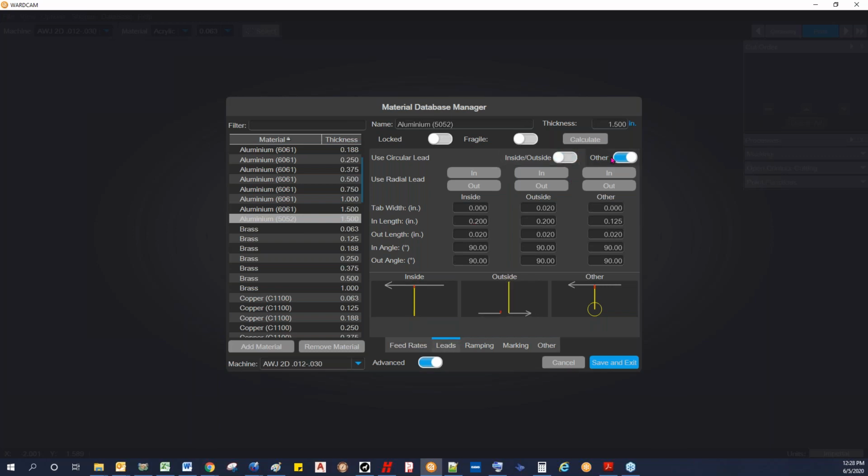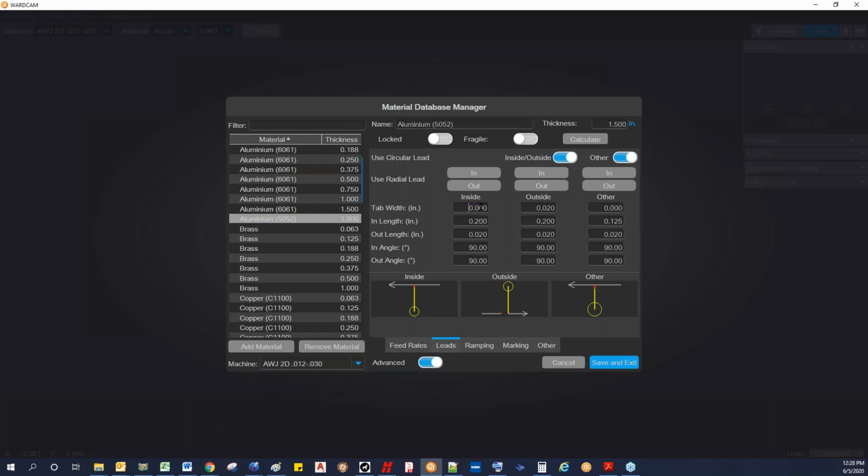So we've got those buttons there for turning that on and off if you want to use that. And you can also choose to use arc in, arc out if you like. Usually that's for water only. People arc in and arc out. Usually for abrasive cutting, straight line lead ins and lead outs is the best way to go. And then you've got choices for lengths of lead ins and such for inside cuts, outside cuts, and then other